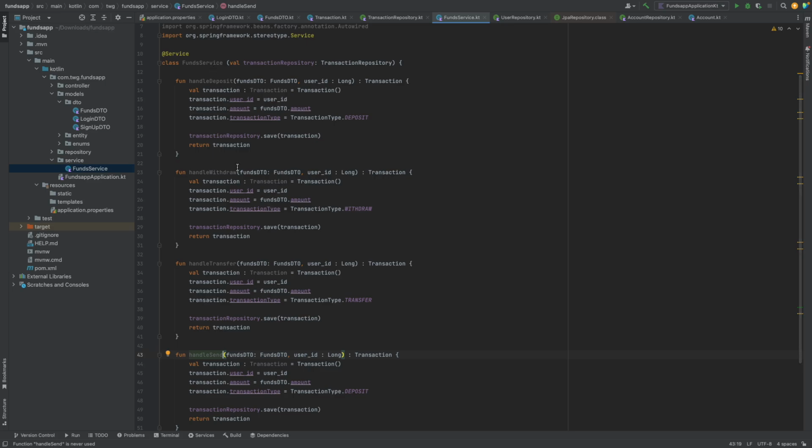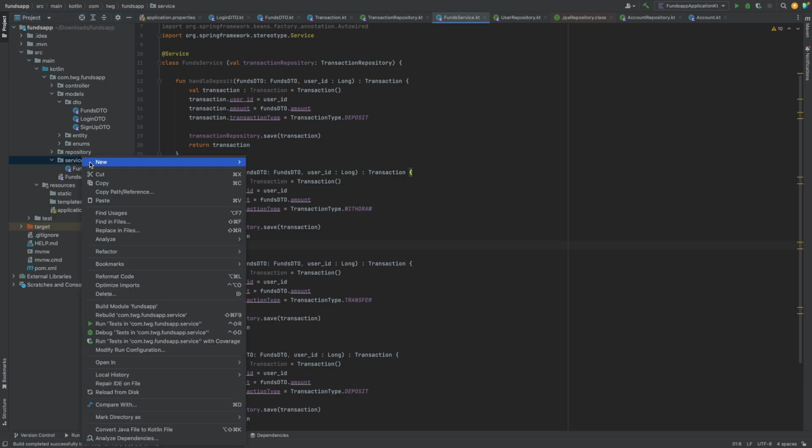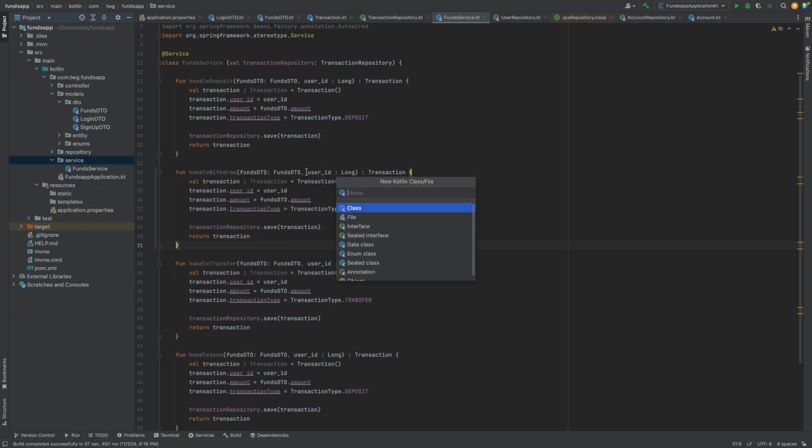In the future, we're gonna dive in a bit deeper and add some validation and add some logic, but this is the bare bones skeleton of the fund service, and we're saving all of that information into the transactions table. Now, the next service I'm going to work on is the user service. So the user service will contain code and logic related to the users using our application. So I'm going to go ahead and right click on service, Kotlin class, call this user service,